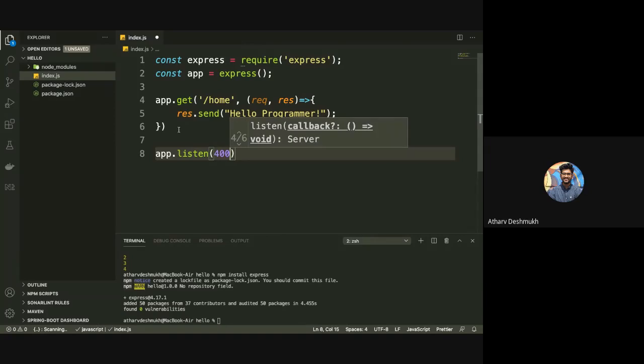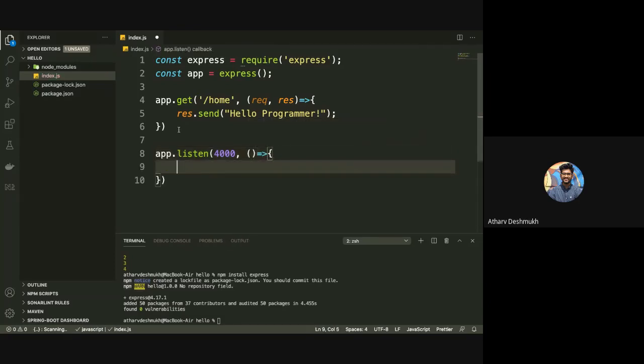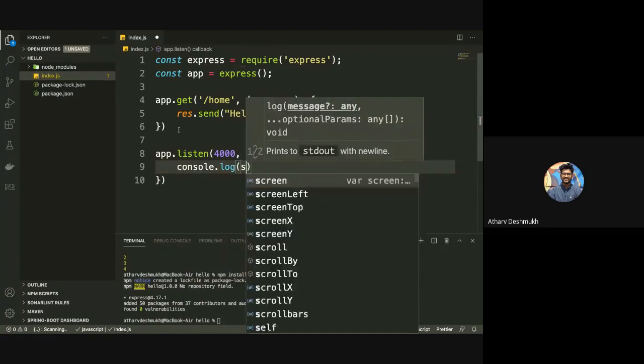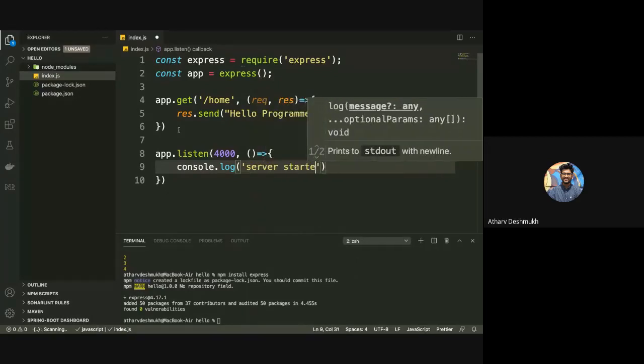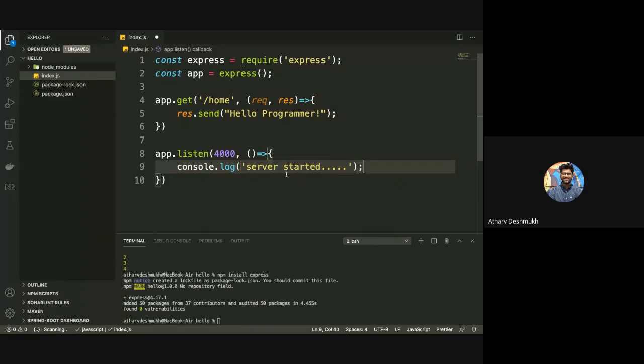So here I will write just 4000, and also, to check if my server has started or not, I will create one arrow function, and in that I will write console dot log, server started. Okay, so if my server is started, then it will show me a message. And this app.get, app.listen, all these functionalities are provided by express.